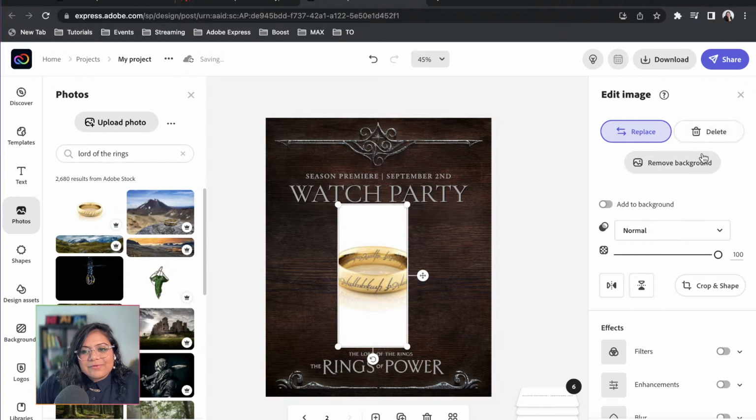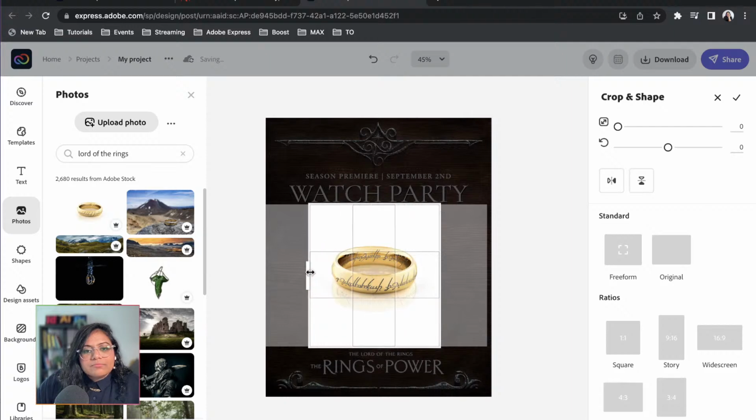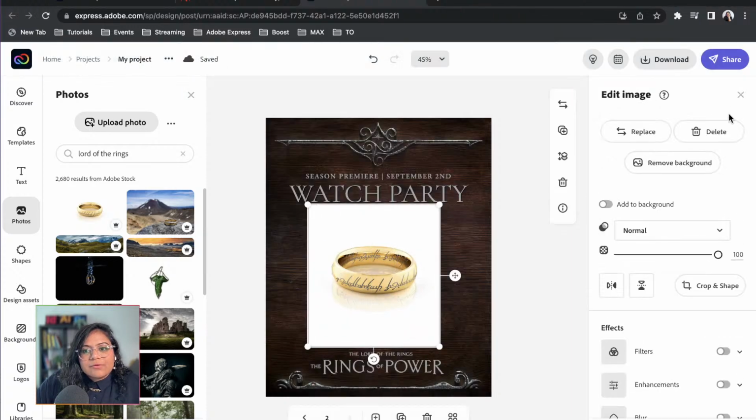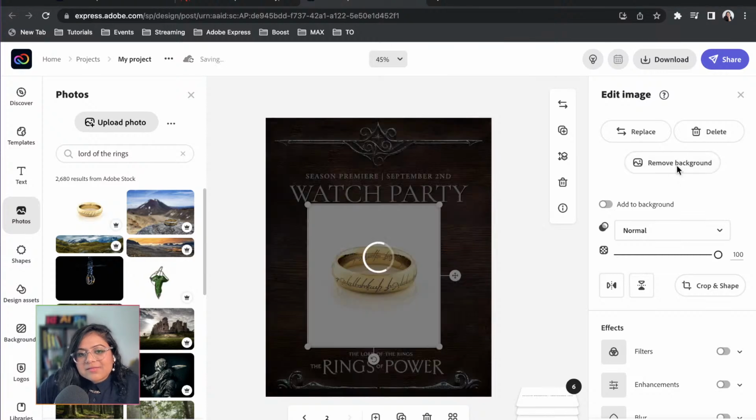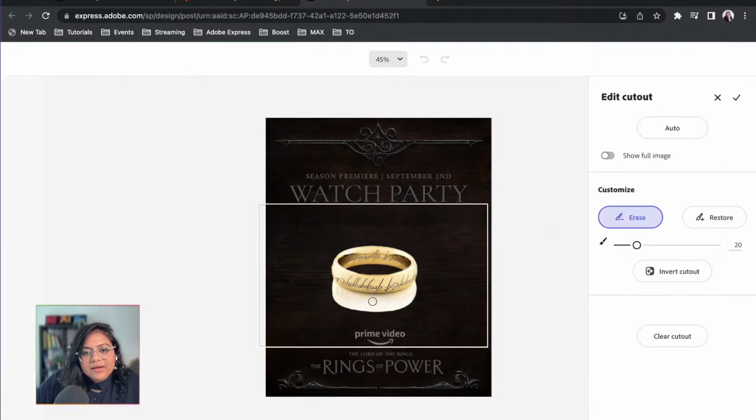Okay, so since this is replace, that is what I used here, it is retaining the properties of the original image. So I can go to crop and shape and bring out all the values, and then I can click OK. And I also want to remove background, so let's remove the background real quick. It is removing the background. Okay, I feel like I don't need this shadow though, so I'm going to hide this. Doing some really bad Photoshop remove background work here with my hands with no lasso tools.